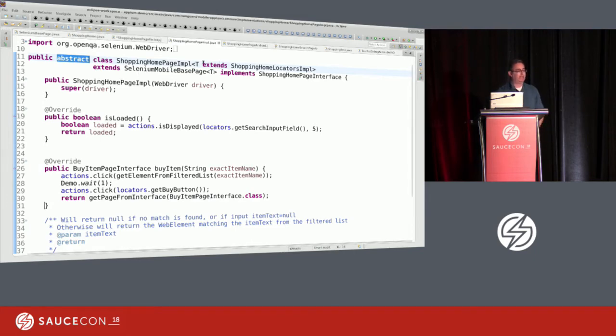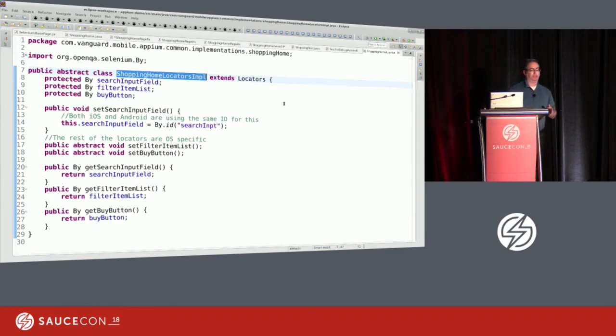So I mentioned we need to tie a locator to the page object. That's one of the things that we need to do. So we break up our page objects into a few different classes. There's this common implementation, there's the interface, and then for our locators, there's a common locators implementation, and then OS-specific implementations of the locators, and an OS-specific implementation of the page objects. So if I go into this